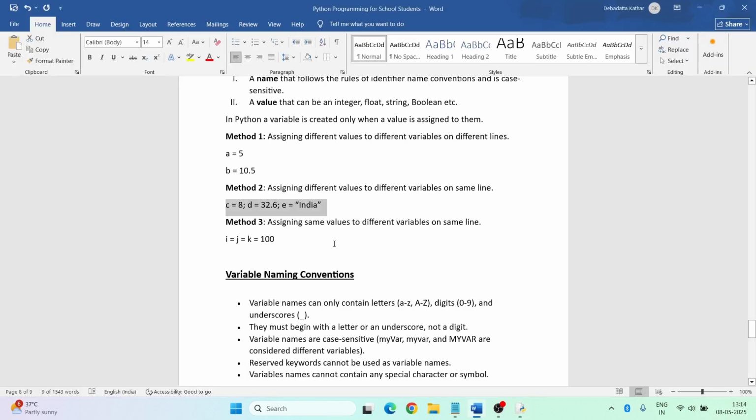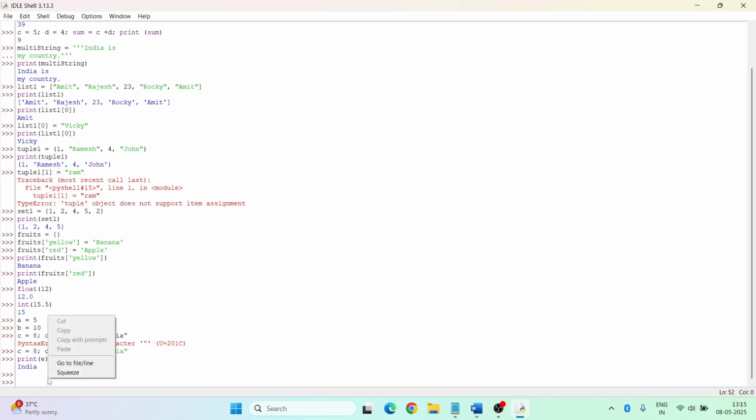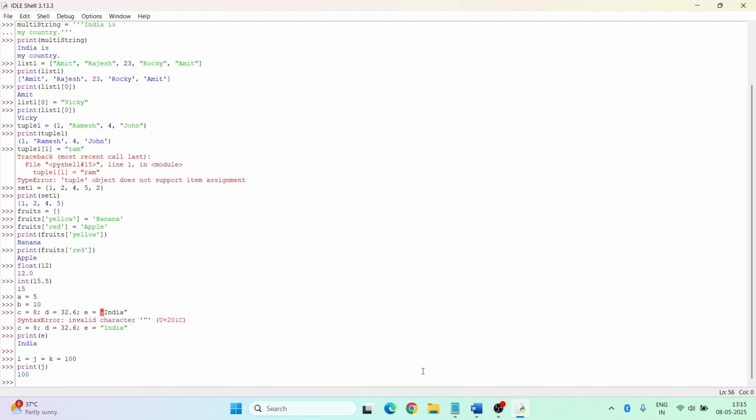Then method 3, assigning the same value to different variables on the same line. If I print the value of j, okay,